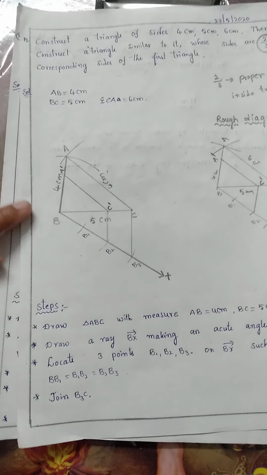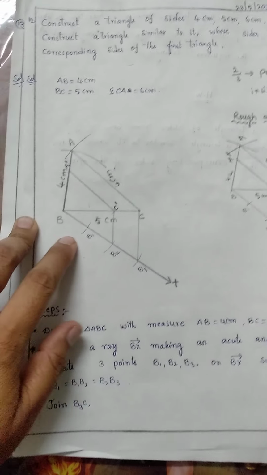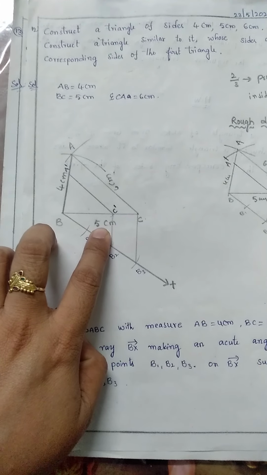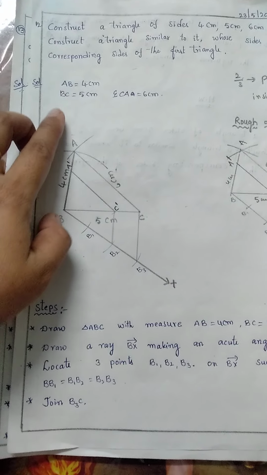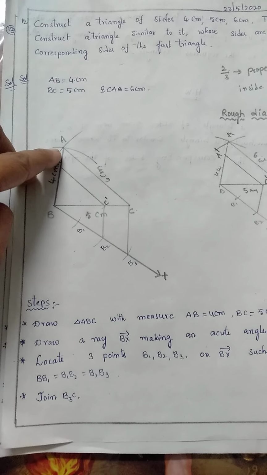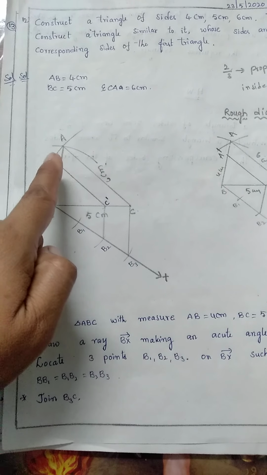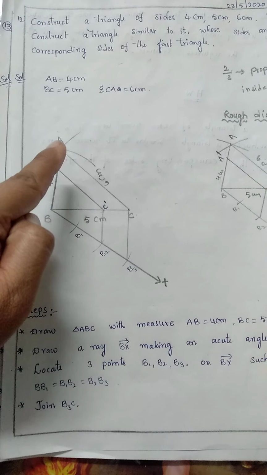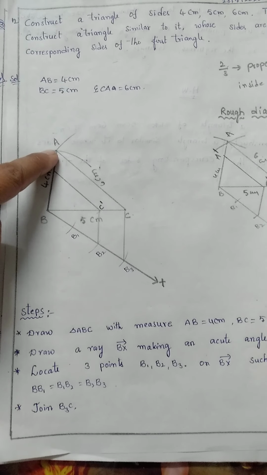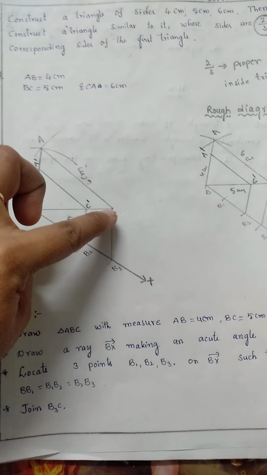Okay children, next coming to the main construction. First I take BC as a line segment of 5 centimeters. Then next, AB is 4 centimeters, so draw 1 arc with center B with the help of the compass, and next with center C, with the help of the compass, draw another arc. The 2 arcs intersect at one point, that is A. Next join A to B and join A to C. Then triangle ABC is formed.